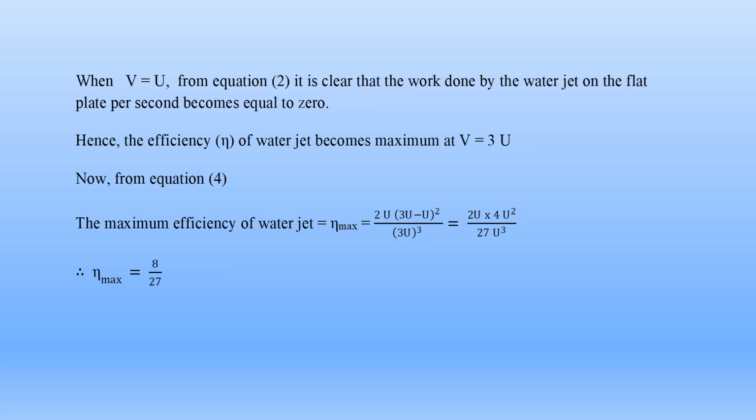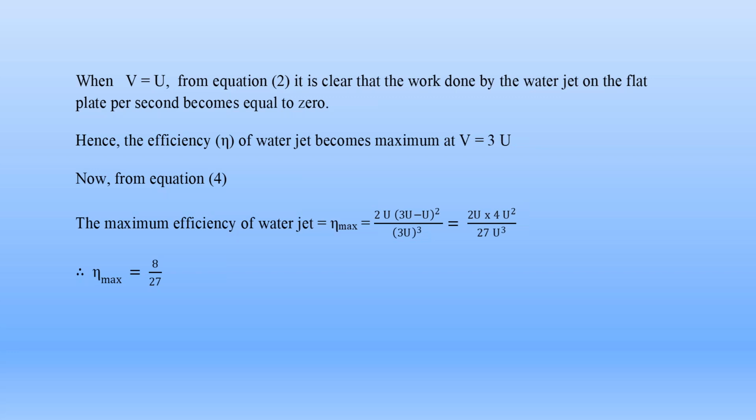So in this moving flat plate, we considered the first condition, the vertical moving flat plate. In that first condition, the horizontal water jet strikes the vertical moving flat plate in the direction of the water jet. First we calculate the relative velocity of the water jet, VR, equal to V minus U. Then we prepare the equation for the force Fx exerted by the water jet on the moving plate by using Newton's second law of motion. Fx is equal to rho A into (V minus U) whole square.